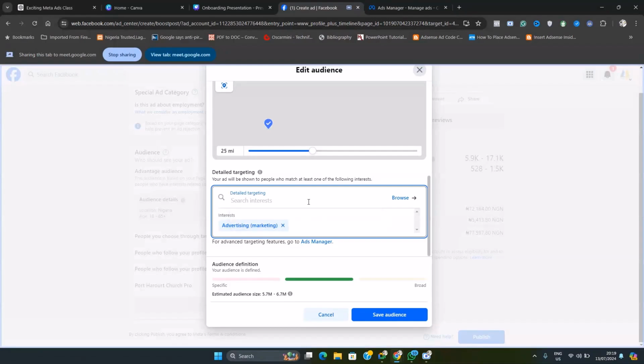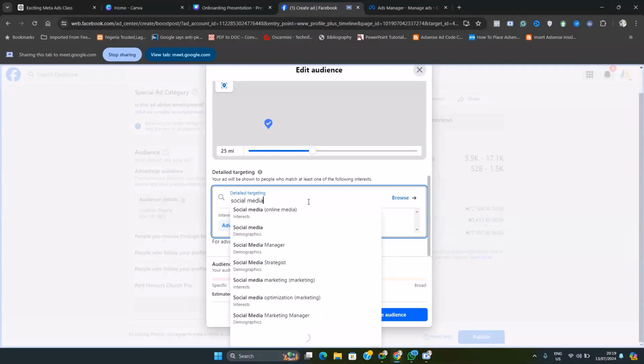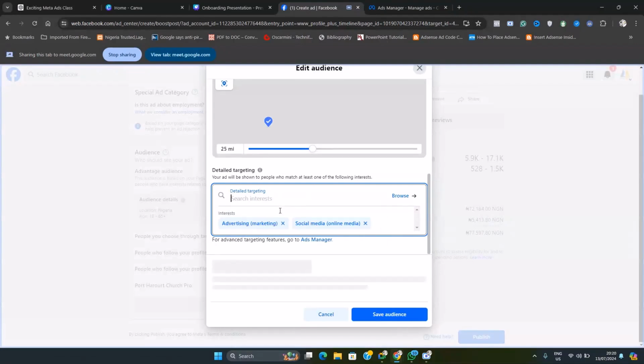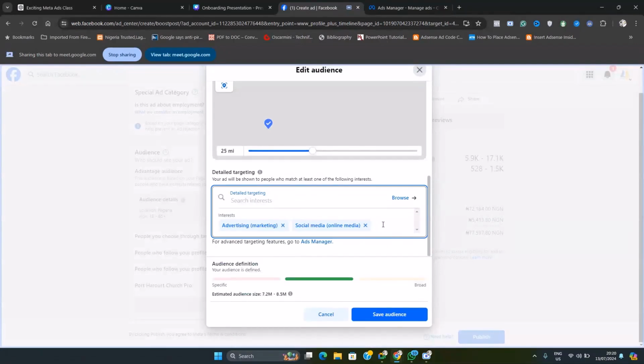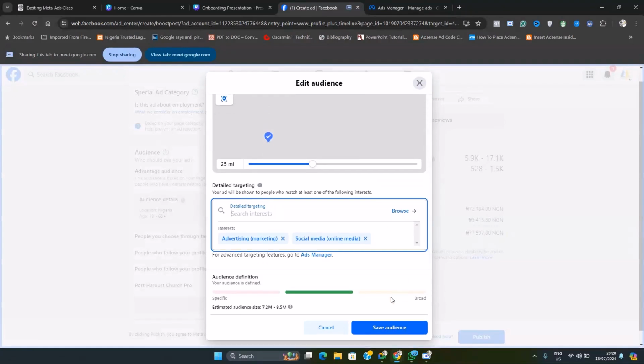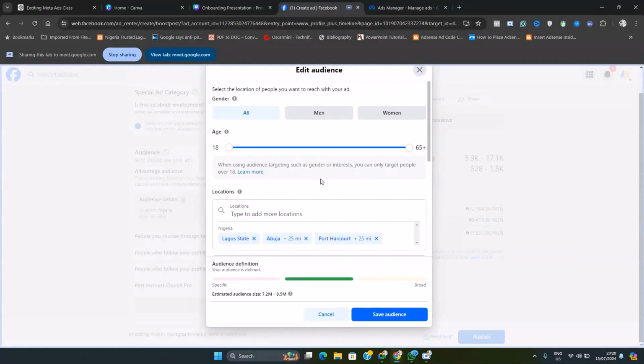So many people are also using this particular one to advertise, for easy advertising. Now we can decide to choose social media as online media. You can see the interests entering here one after the other. So once we are done with this, we can now navigate out and